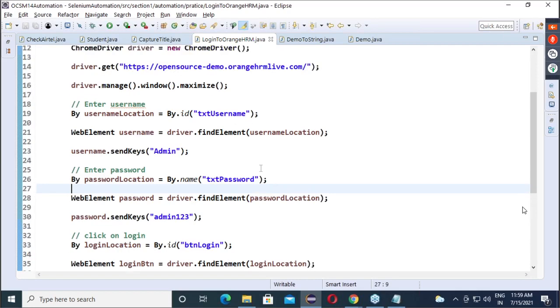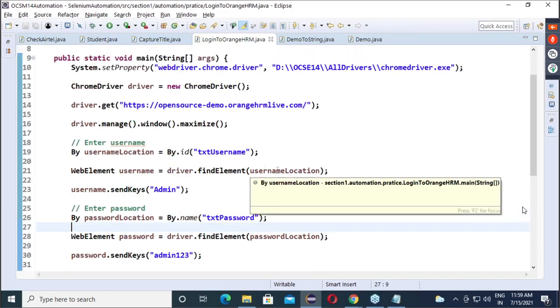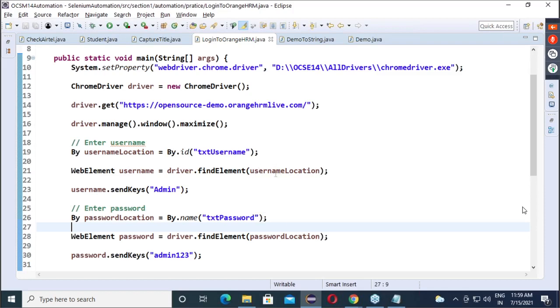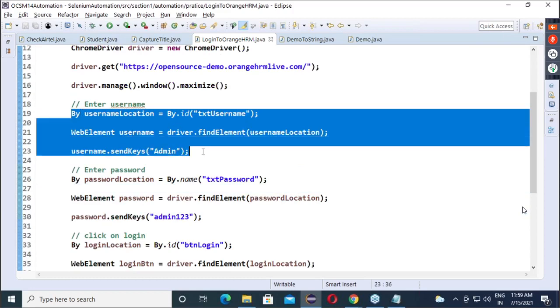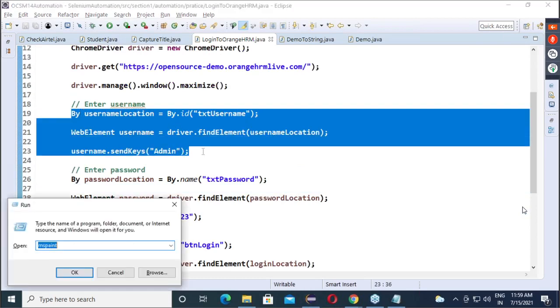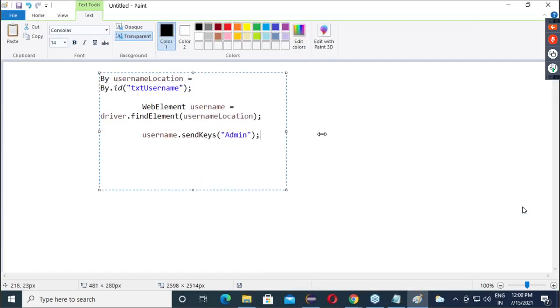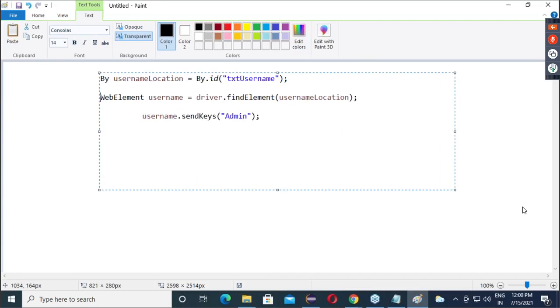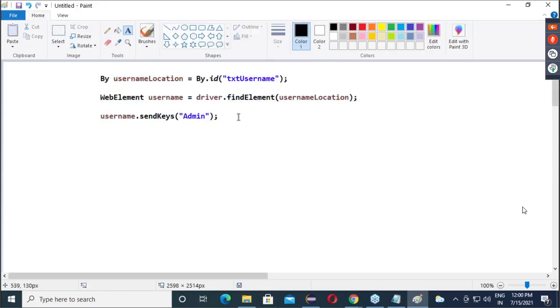So now, guys, listen to me very carefully. I want to show you one optimized version of doing this. Pay attention carefully. You tell me, we are using these three lines. Let's do some painting here. Observe this.